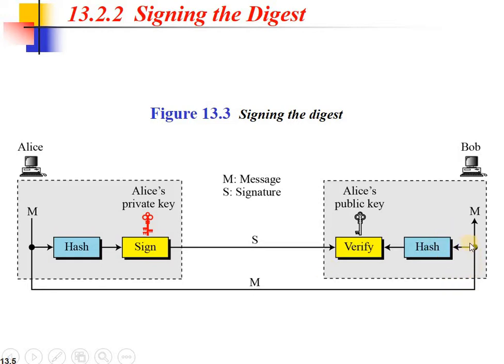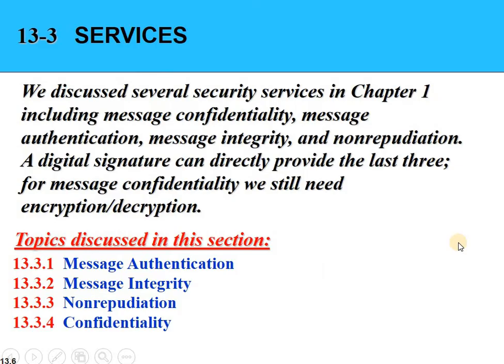If these two hash values are successfully compared and are equal, then the message is not modified by anyone in the medium, and your message authentication is done successfully. Here this is the created one and this is the transmitted one, and when these two values are the same, then your message is transmitted successfully without any modification in the medium.